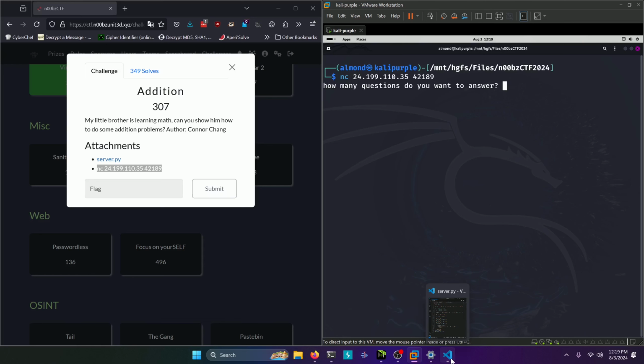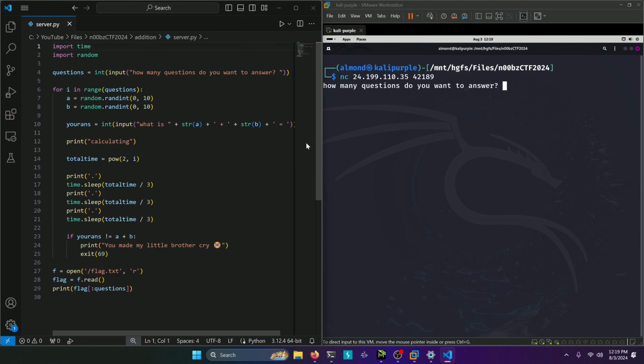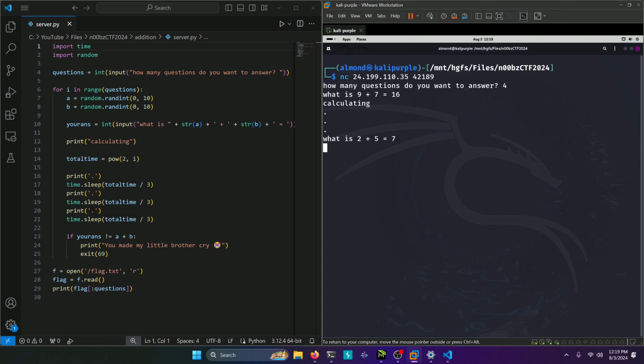And I'll go ahead and open up the source code over here on the left. How many questions do you want to answer? Let's start off with 4, I guess. What is 9 plus 7? 16. 2 plus 5, 7. 2 plus 3, 5. 1 plus 6, 7. I don't know if you noticed, but it is taking a pretty long time to process